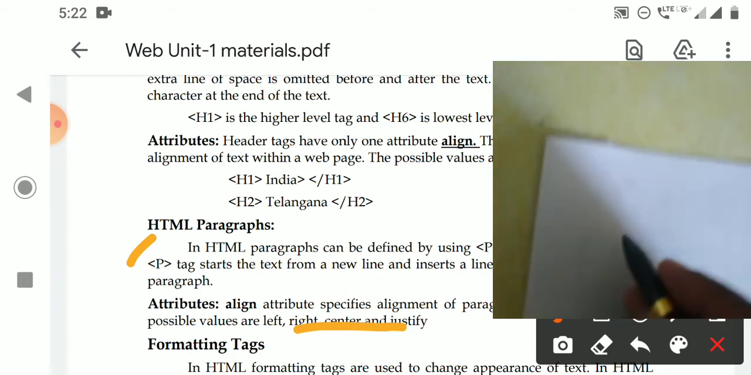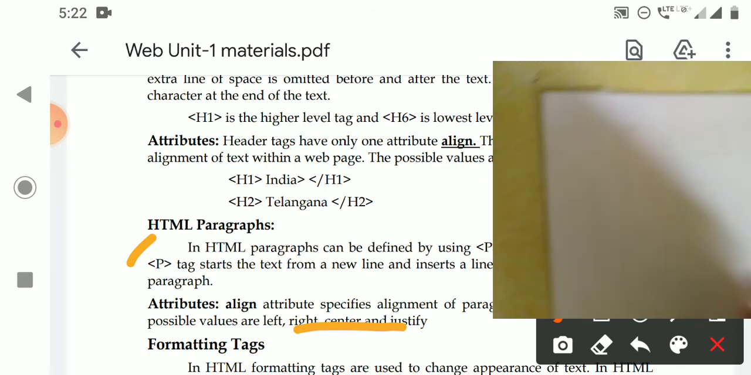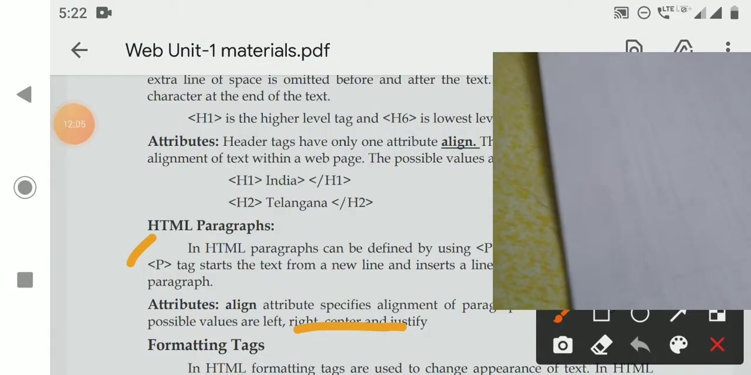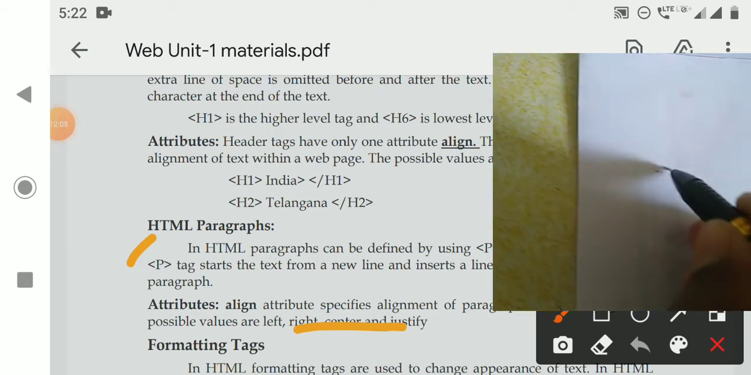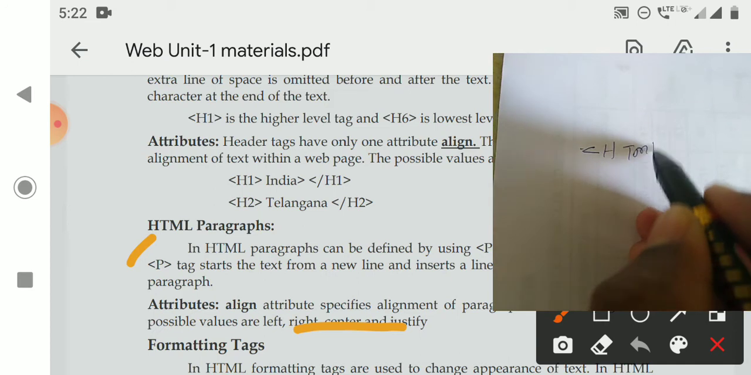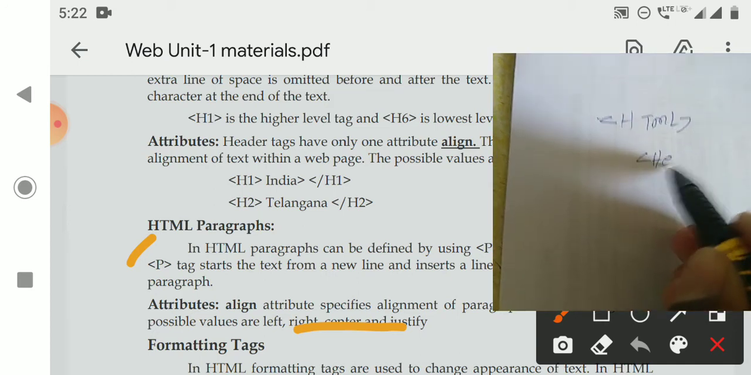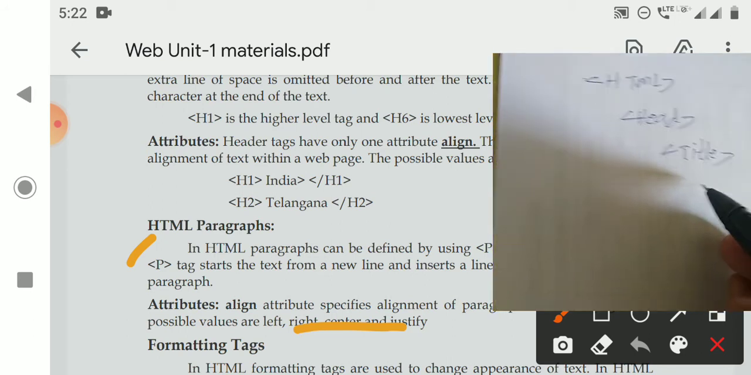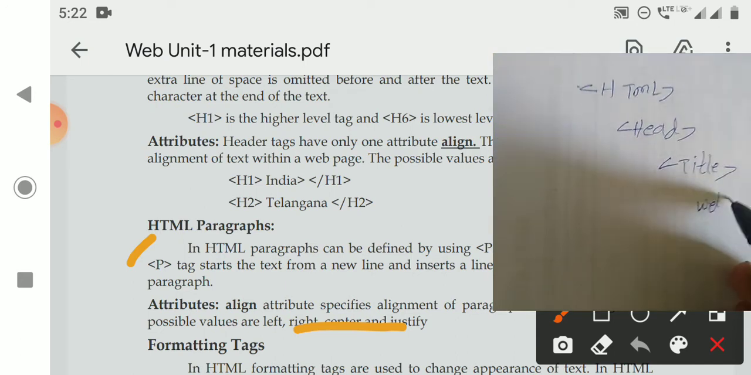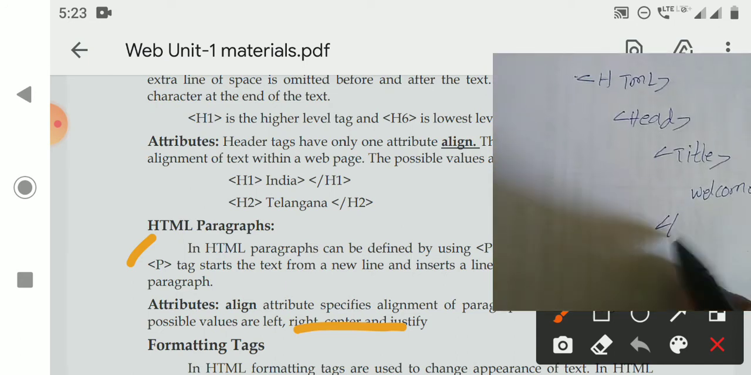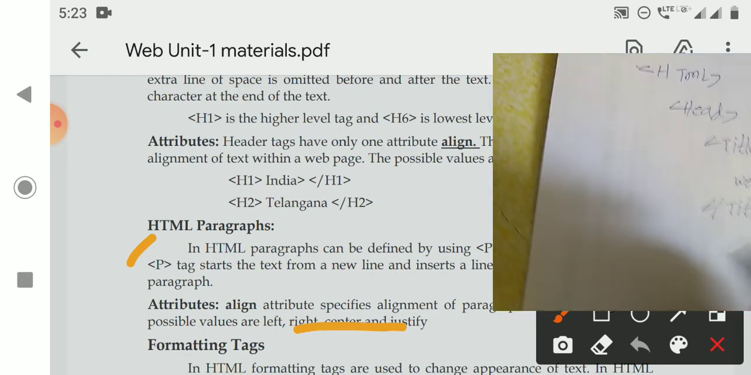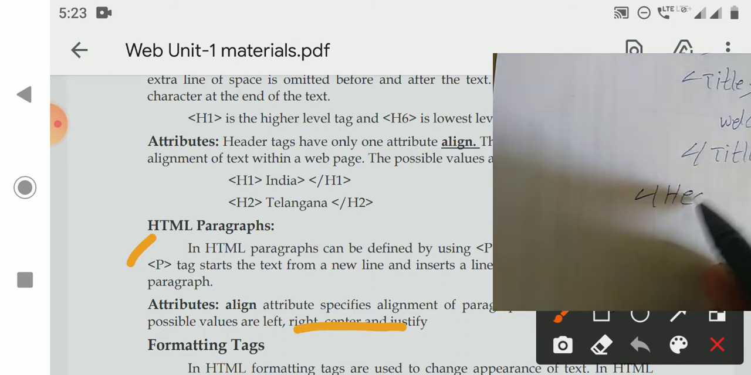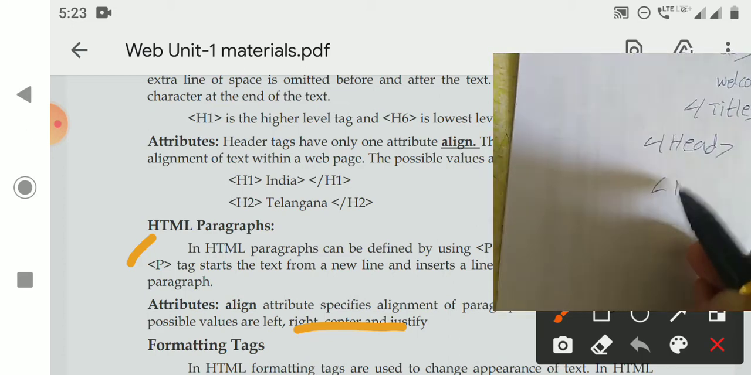For example, I am now giving a sample HTML program to display about your village. So how to write the code? First tag is html, second tag is head, next title, next you have to give the web page title. For example, I am giving the web page title welcome, title close, then head start, head close, then body,